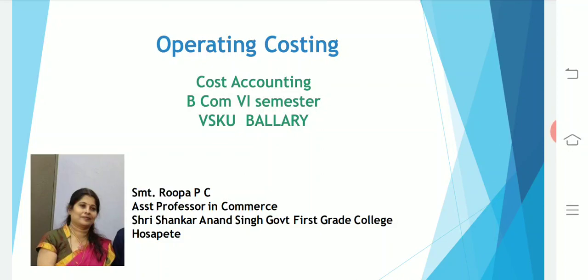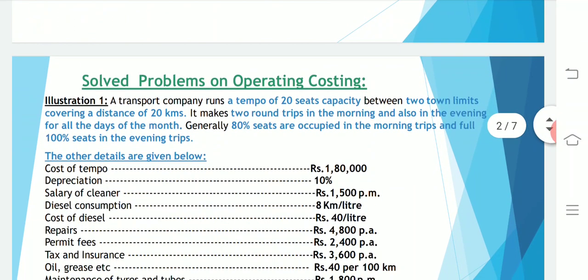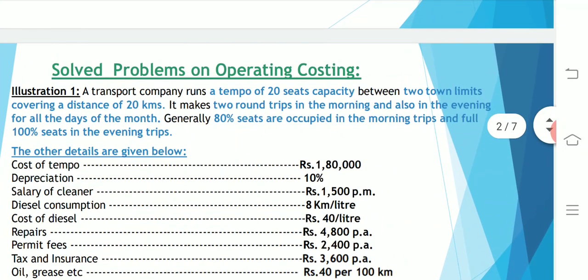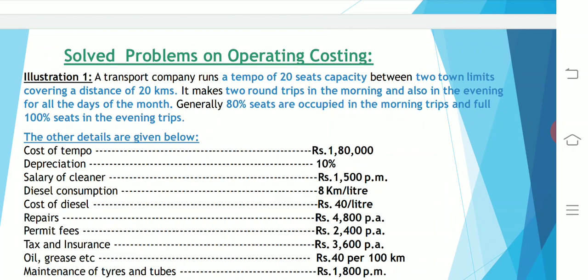Third step is to calculate the cost per kilometer or cost per passenger kilometer or fare per passenger kilometer as required. Okay, first we will read out the problem. A transport company runs a tempo of 20 seats capacity between two town limits covering a distance of 20 kilometers. So there are three pieces of information given here. Number of vehicles, that is only one vehicle, a tempo. Seating capacity, 20 seats, and it runs between two town limits and the distance is 20